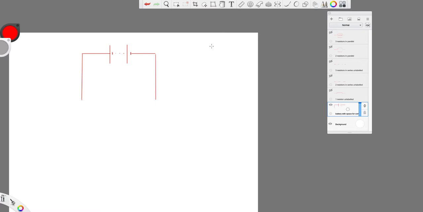So let's look at series and parallel circuits then. And the first thing for us to look at is the basics of circuits. So let's start by considering the basic variables. So we have potential difference,